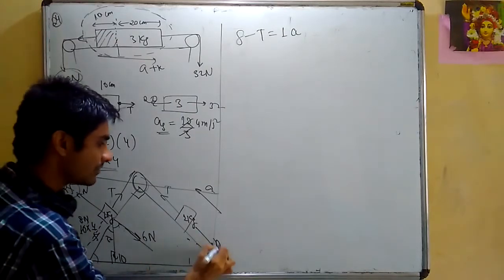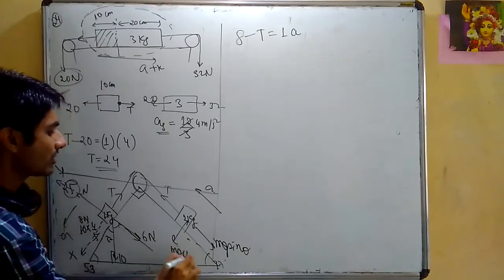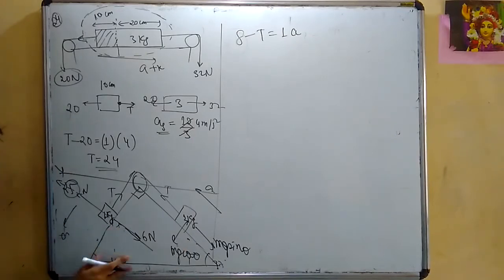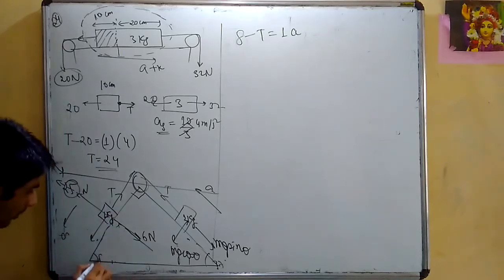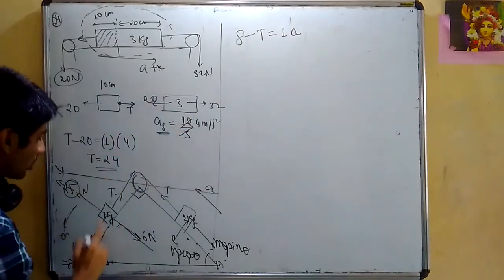Along the incline हमेशा mg sin theta act करता है. Perpendicular to the incline हमेशा mg cos theta act करता है. यहाँ भी अगर आप ध्यान से देखें, मैं पूरा फिगर मिटा रहा हूँ, आपको इतना टेंशन लेने की जरूरत नहीं थी. सिमिलरली यहाँ पे इसका वेट कितना है? 10. तो इस तरफ कितना एक्ट करेगा? Along the incline कितना एक्ट करेगा? 10. That is mg sin 53 degree, sin of this angle. That is mg sin 53 degrees, 4 by 5, that is 8 Newton. Simple. Perpendicular mg cos theta act करता है. So that is 6.